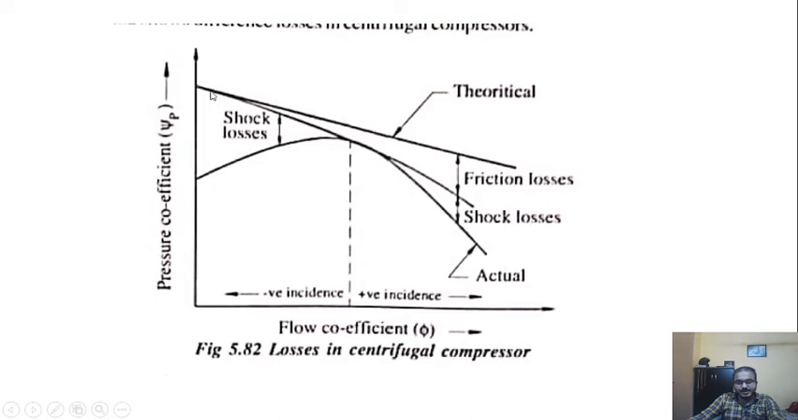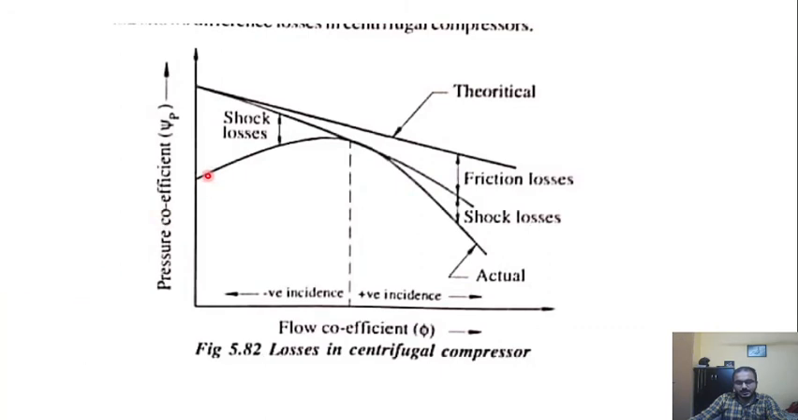The first thing you can see is that this graph is of pressure coefficient versus flow coefficient. Here this is the theoretical line, that as the flow coefficient increases, the pressure coefficient decreases. Then there are frictional losses which increase with increase in the flow coefficient. And here you can see the shock losses, with this dotted line showing zero incidence and positive and negative incidence sides here. So finally we are getting this curve